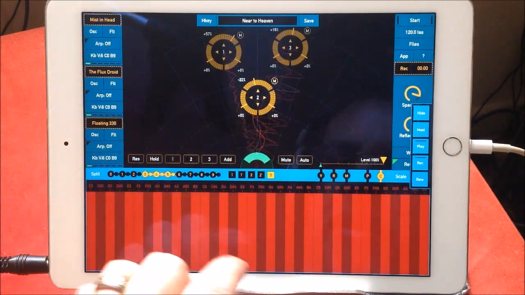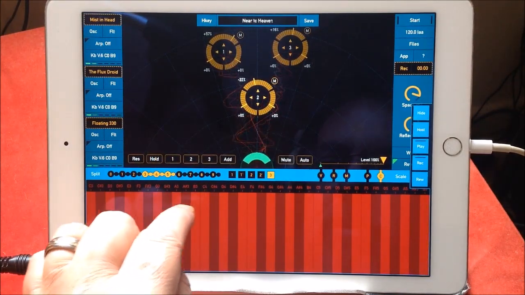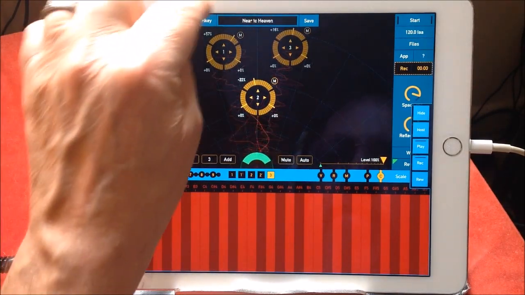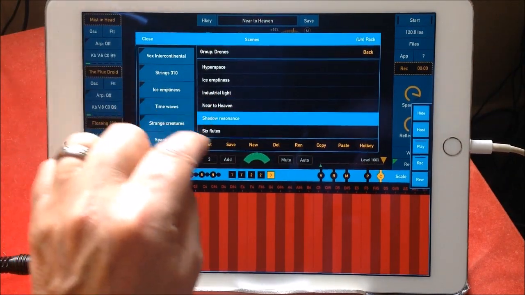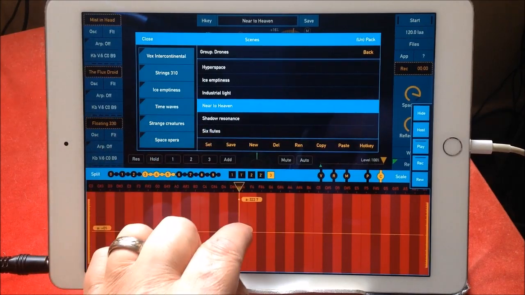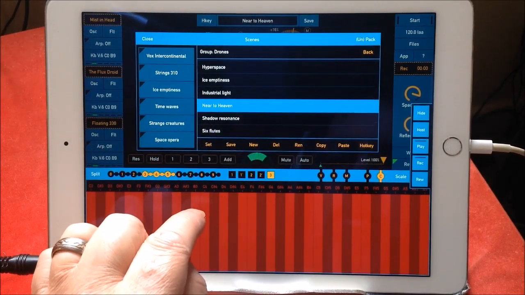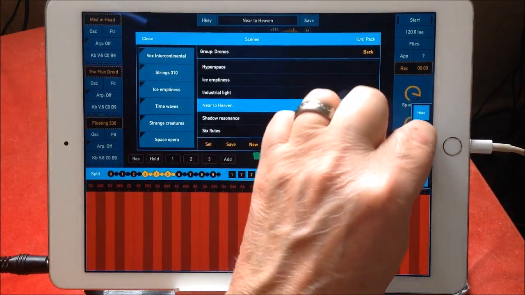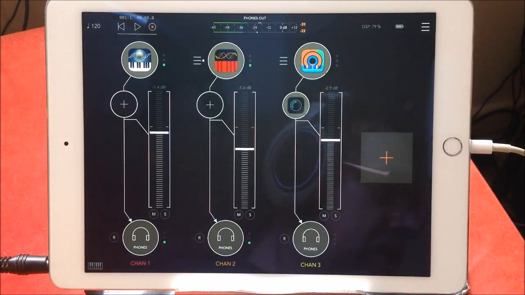Looks like that's decided to hold itself. Okay, that was just a MIDI hung note there. Okay, that's fine now. Right, what I want to do is I want to be able to get these as